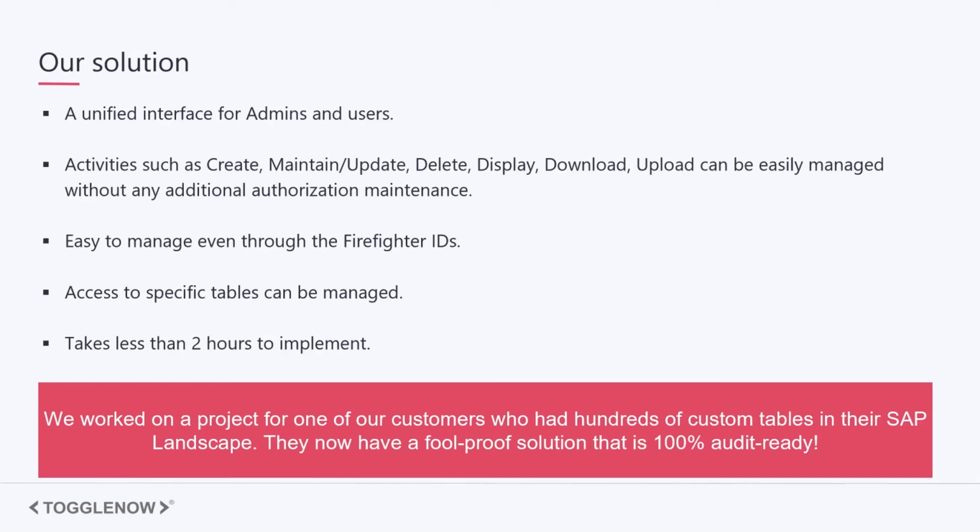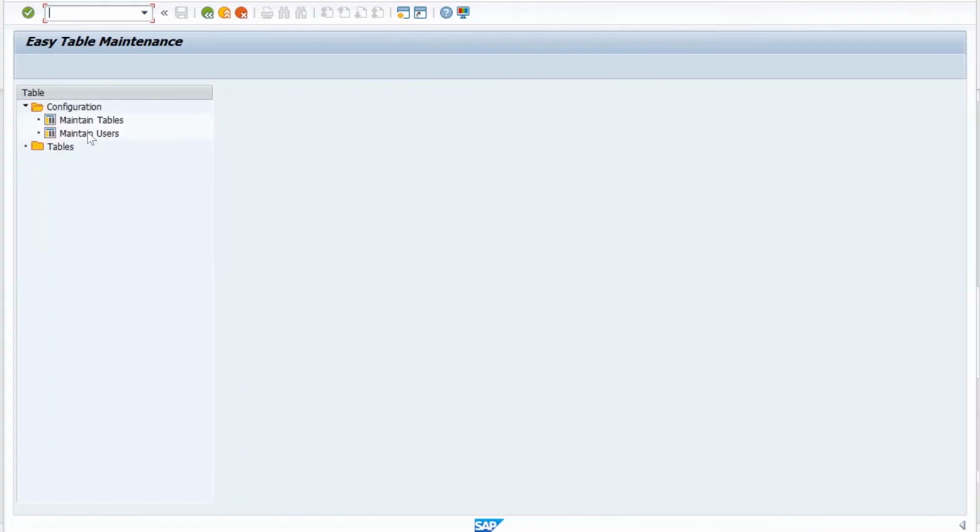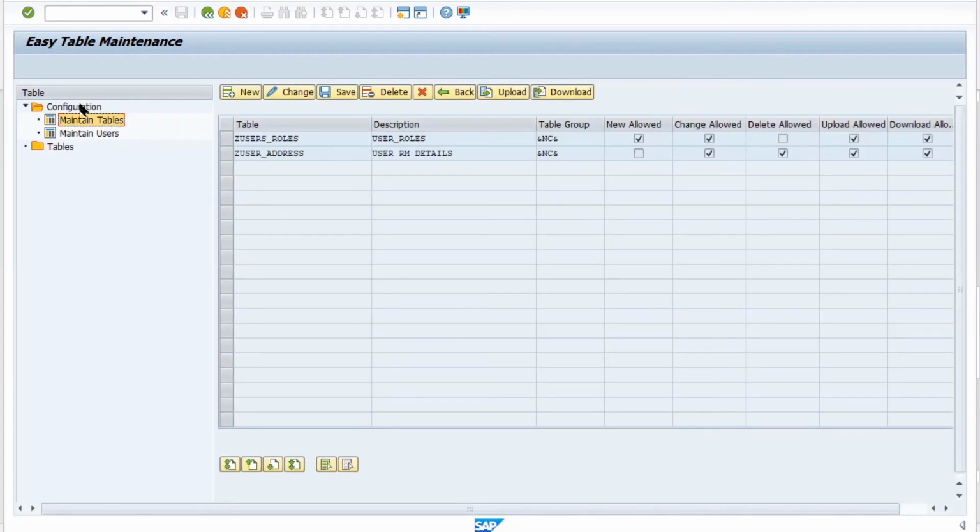So let's get into the system and see what it can do. This is the program, or solution, that we have developed. You just need to add all the tables. There are 2 different options. The configuration is only available for the admins, which can be completely restricted through an authorization object, and the tables are for the general users.